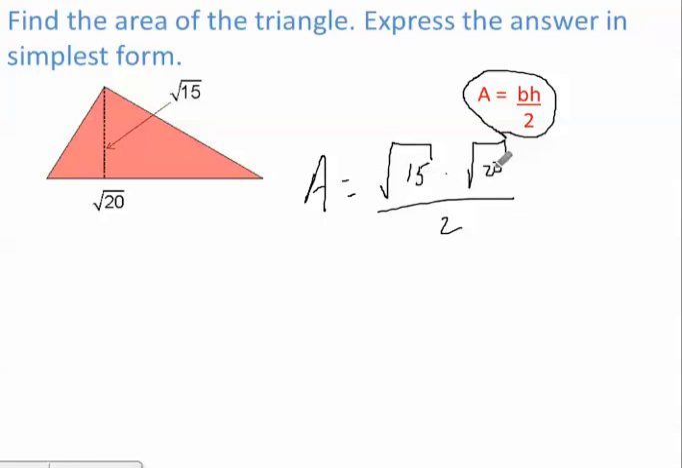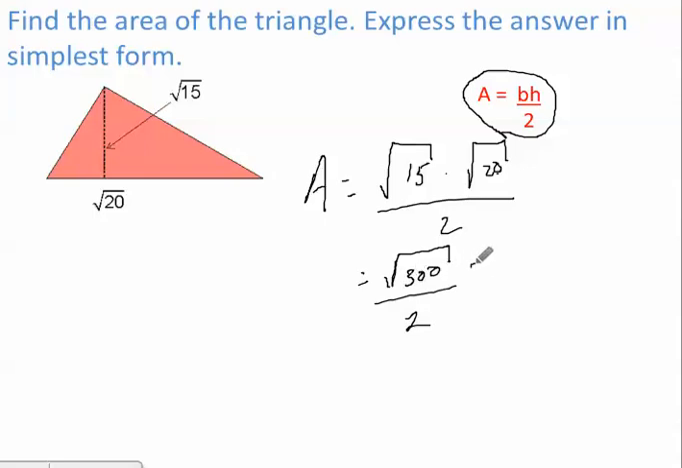Well, let's see here. 15 times 20, that's 300. So that's the square root of 300 divided by 2. Is there any perfect square that I could pull out of 300? Anytime I see things ending in 0, 0 or 100 like that, I know I can take 100